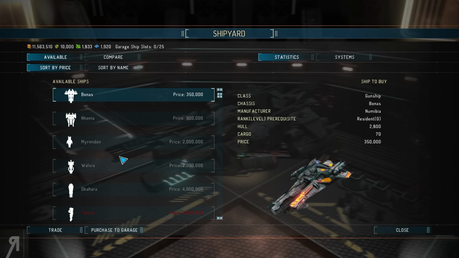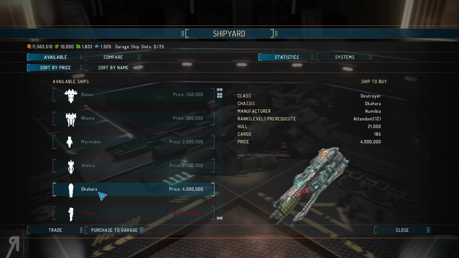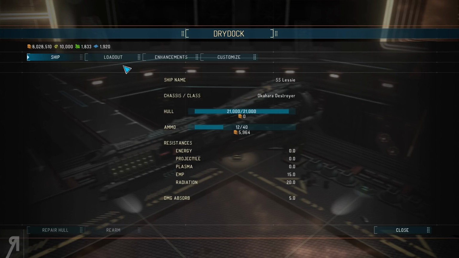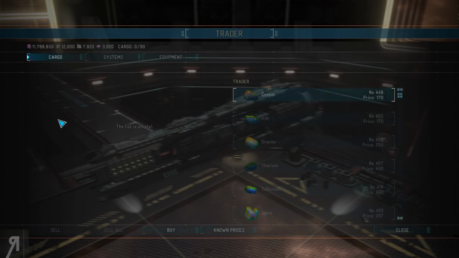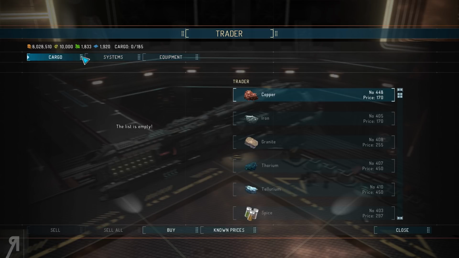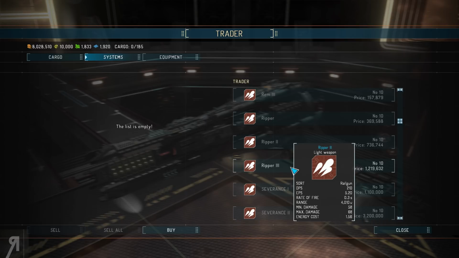So let me just go back in here. I'm actually going to be buying this destroyer, because I personally feel like that, instead of a Corvette, is probably going to be pretty good. I have 8 million credits still remaining. So what am I going to do with that, you ask? Well, I'm going to go over to the equipment screen, actually the systems. Yeah, I guess I'll go to the systems, and I'm going to buy